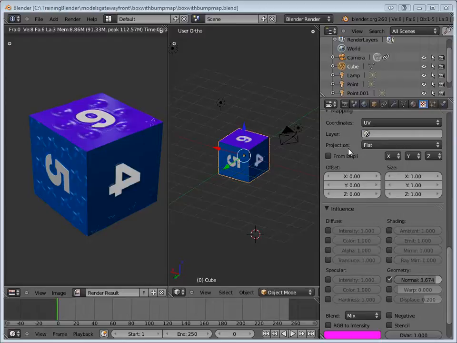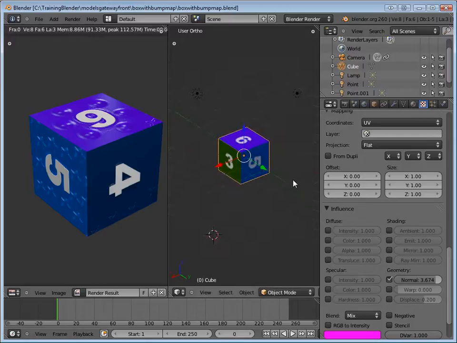Hi there, in this tutorial I'm going to show you how to add a texture, a color texture, and also a bump map. What you see here is what I've done in the past few minutes. And this tutorial, it's how I think it should be done. I don't know if this is how it's actually done, but this is what I found out. There's actually very few tutorials that show you how to add a bump map in 2.6 for whatever reason,